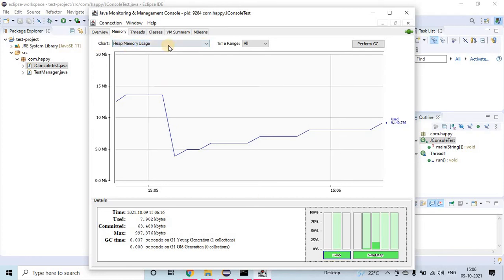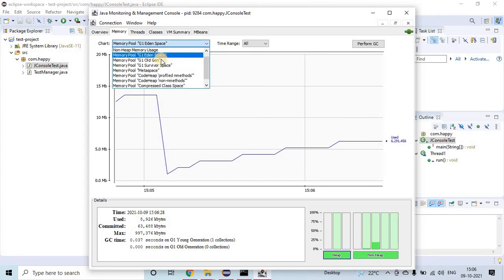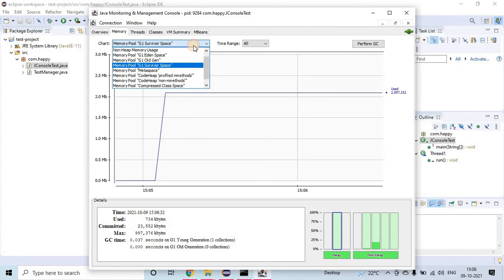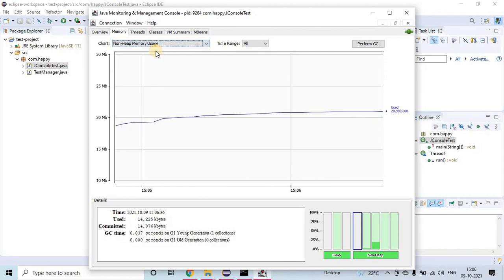Inside this chart, you can select many things. Like, I wanted to see only the memory pool of Eden space, and then the old generation, the survivor space, and the metaspace. Different memory sections are there, right? All those things you can see here.